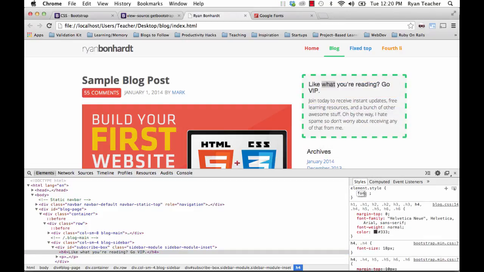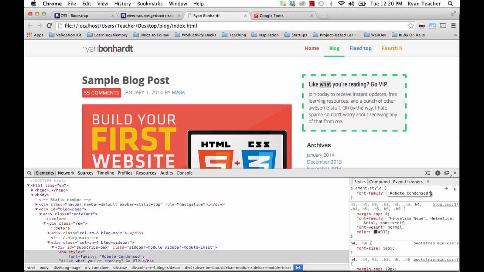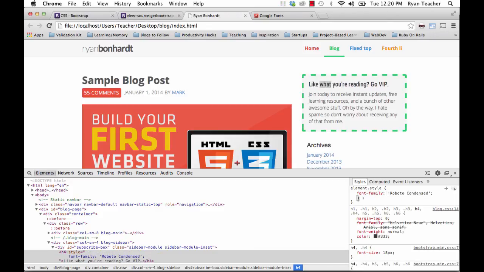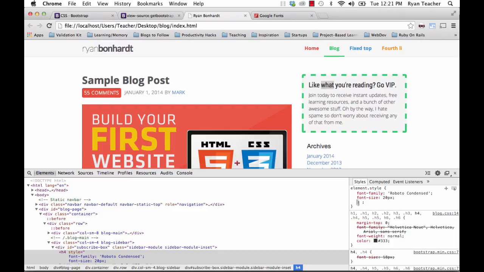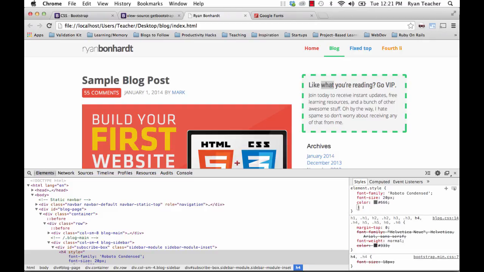So I want to do font family Roboto Condensed. Nice. Let's make that font size a little bigger. There we go. And the color's a little harsh, so let's not go as dark. There we go. And one last thing is this thing called